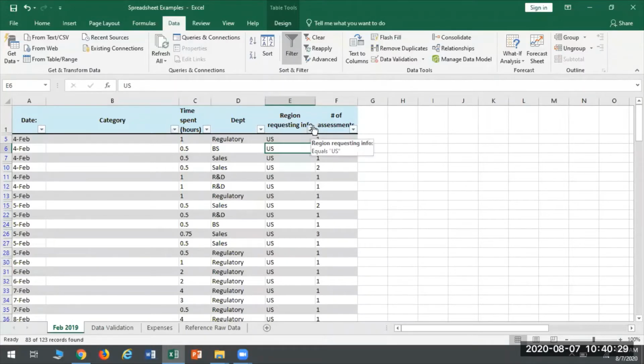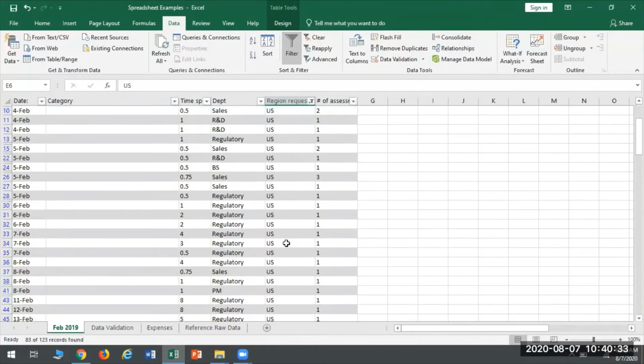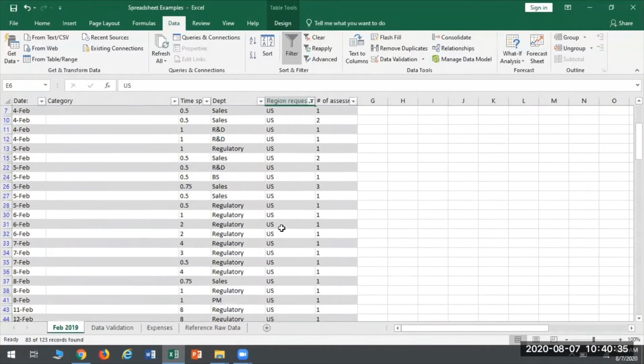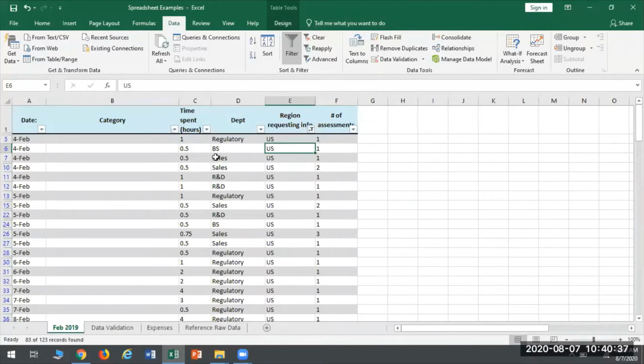That's how you know that something has been filtered. Okay? And you can tell because every single thing in here is US. The other way that you can tell that things have been filtered, if you look on the left-hand side, notice how number 1 is kind of gray, but then it jumps to 5, 6, 7, etc., and they're all blue. So it's letting you know, these are kind of visual cues, that there are additional things that you're basically